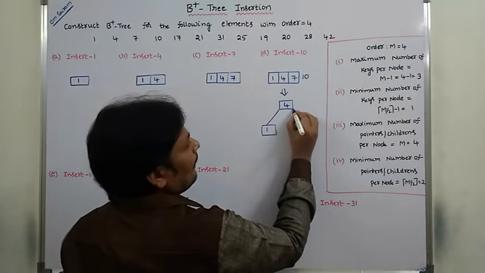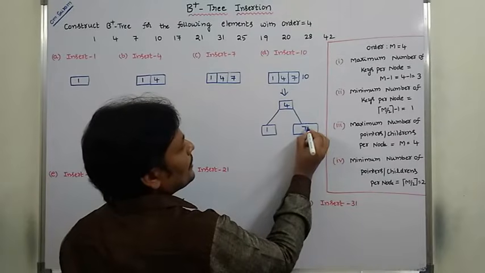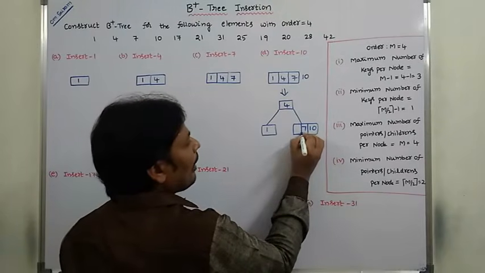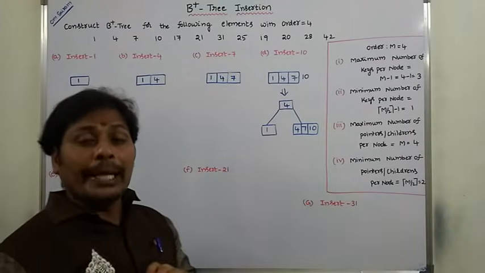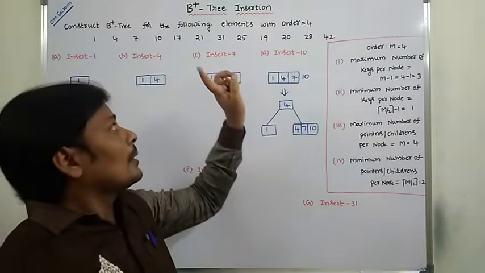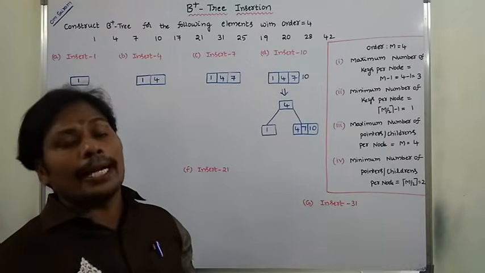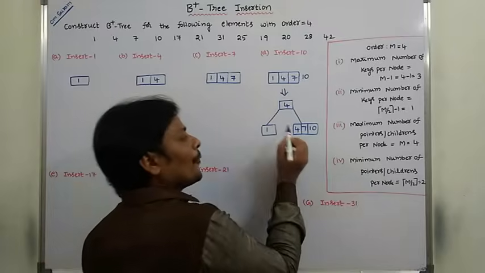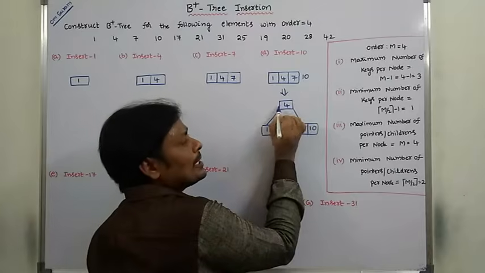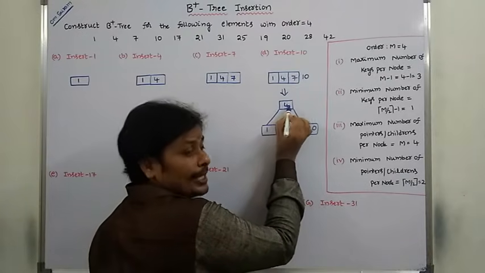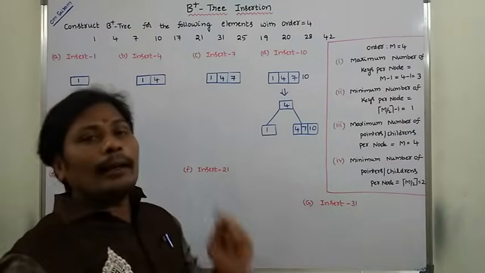And 4 right childs are 7, 10, and also 4 can be inserted. Okay, so in the case of B plus tree, the data or our records are always stored at the leaf nodes. So 4 is also inserted into the same node. So this is the key element or our pointer or our address. These point to the data elements at the leaf node.